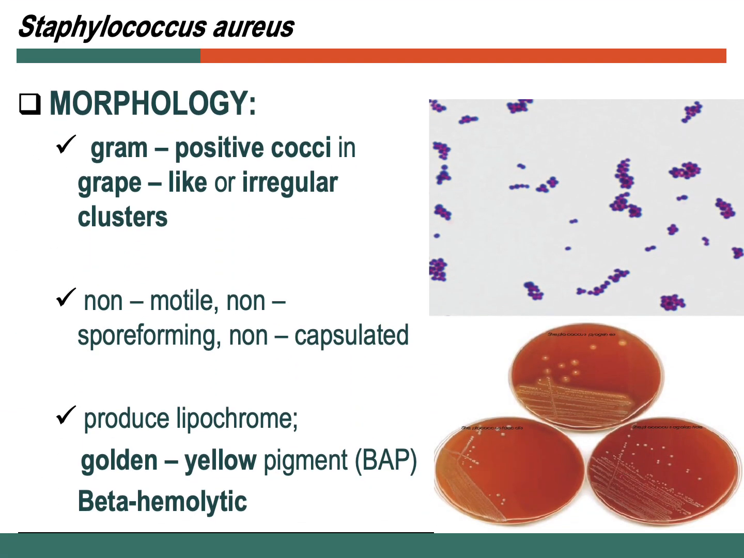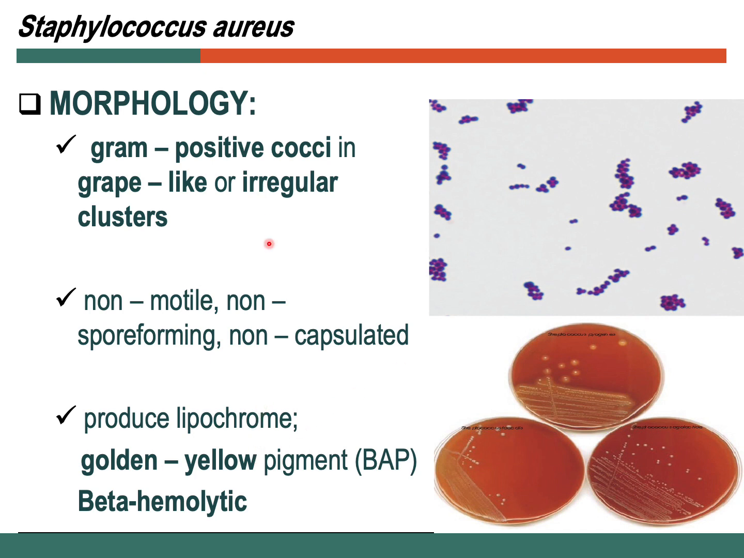For morphology, Staphylococcus aureus again is a gram-positive cocci in clusters, or grape-like. Again, these are non-motile and non-spore forming. These are also non-capsulated, but there are also strains of Staphylococcus aureus that are capsulated. Studies found that some strains of Staph aureus had capsules, which also aid them to mask